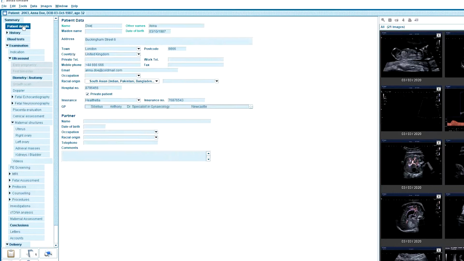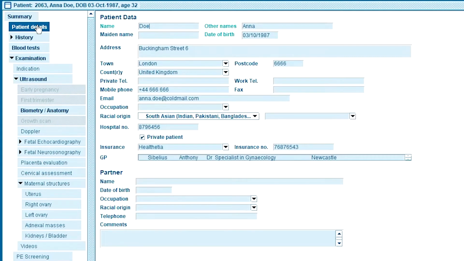I think the patient detail screen is quite self-explanatory. I just want to mention here that we can create HL7 interfaces to your hospital information system in order to send the relevant demographic and management data directly to Astraya. But hold on again, as far as I've heard, HL7 interfaces need developmental work and are therefore not quite cheap. Again, we're not a big hospital and most likely cannot afford it.